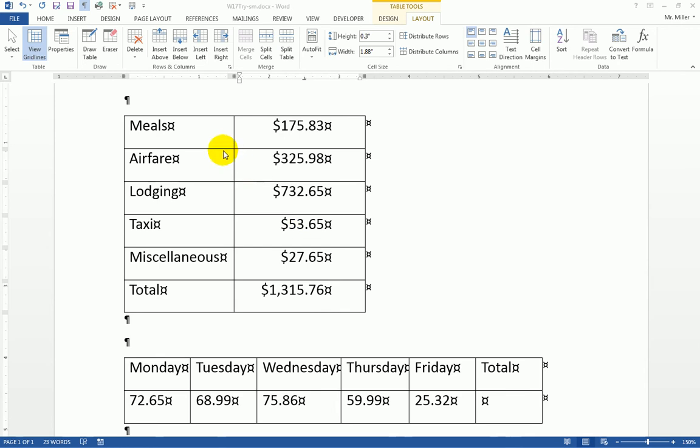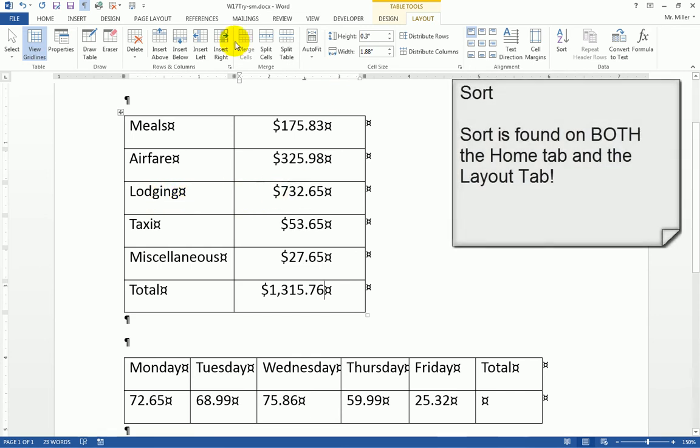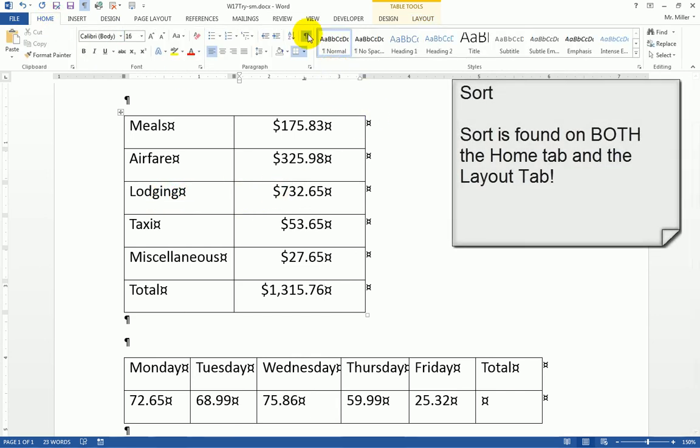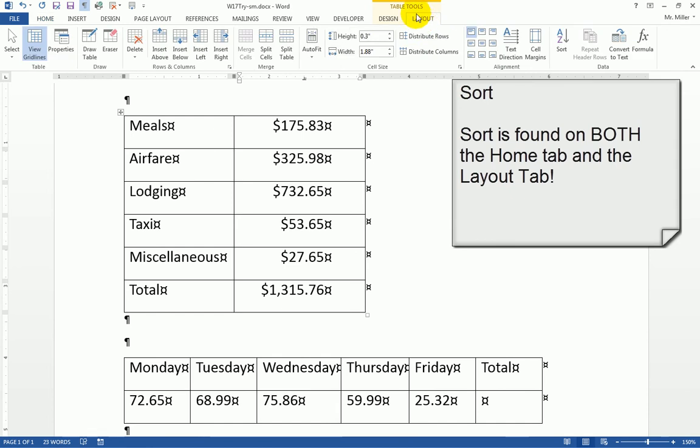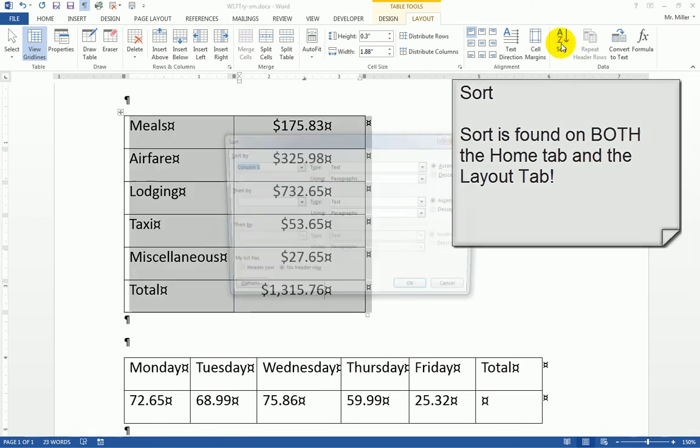The next thing I want to do is sort this list based on the values over in the last column. So in other words, I want the smallest number at the top and the largest number at the bottom. So what we're going to do is sort this table. While I can get to Sort on the Home tab, the Layout tab, the tab I was already on, does also have that Sort button that we have used before. So I click on Sort,